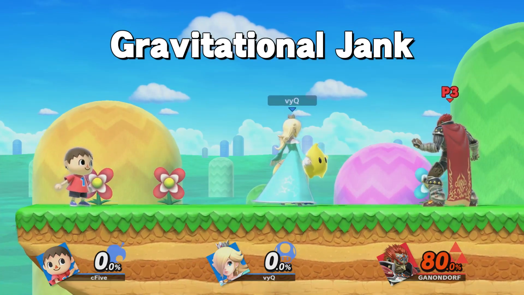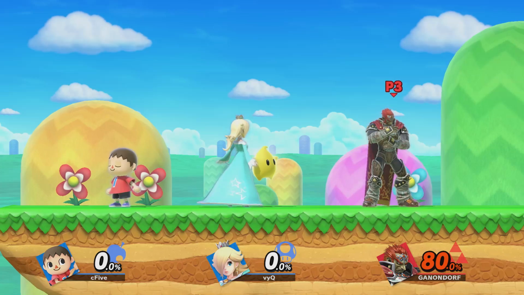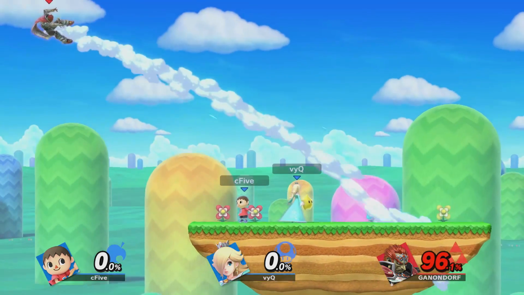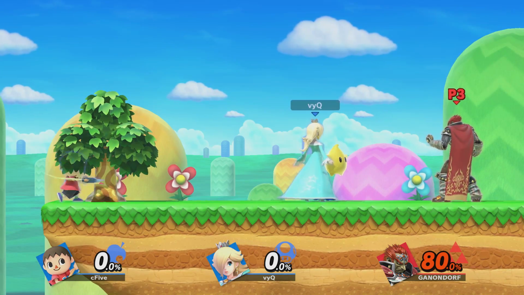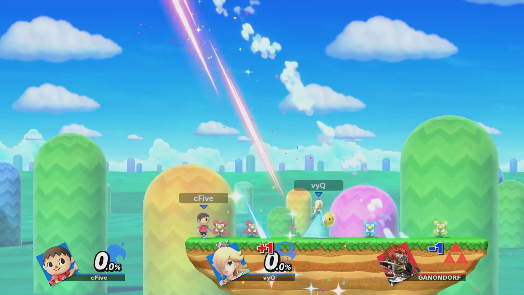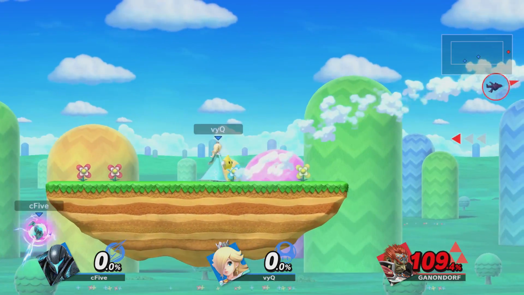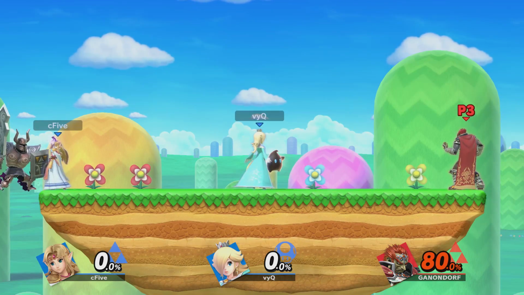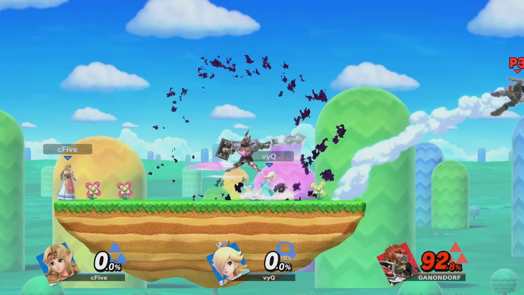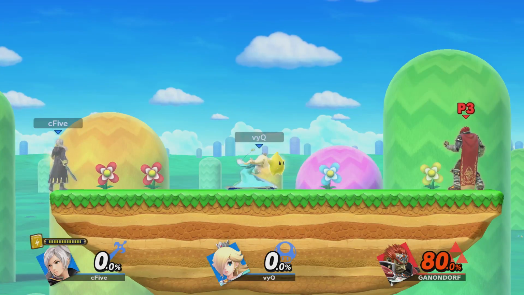Lastly, Rosalina's gravitational pull can lead to some pretty insane situations in teams. When absorbing a projectile, she first hurls it around her, with the object still having an active hitbox. This also works with her teammates' projectiles, which means that with good team play you can swing those projectiles at your opponents. This works okay-ish with a few different attacks, but a specific one stands out compared to the rest: